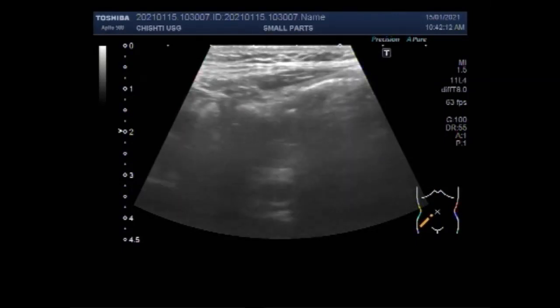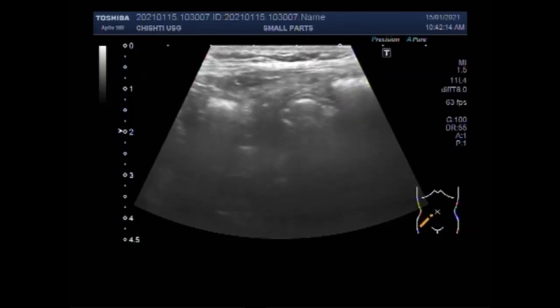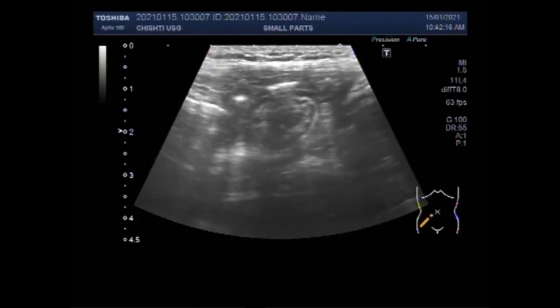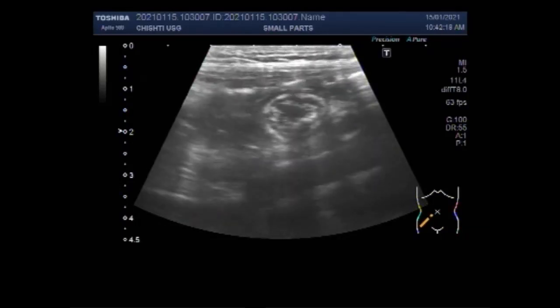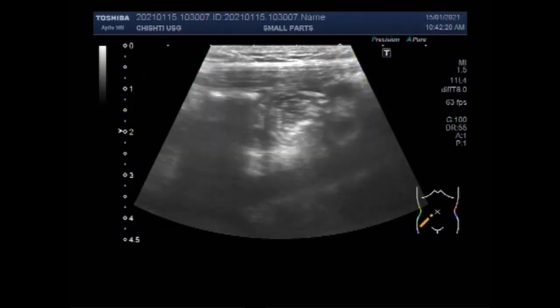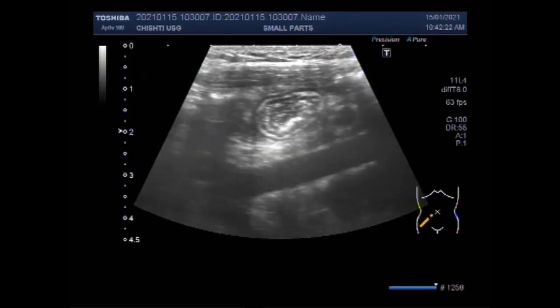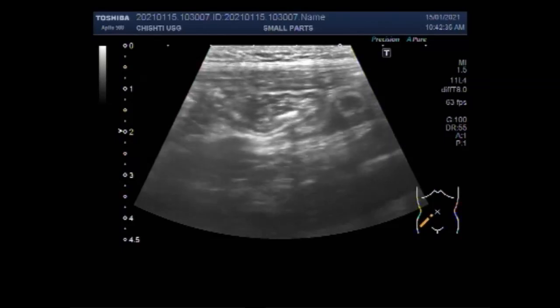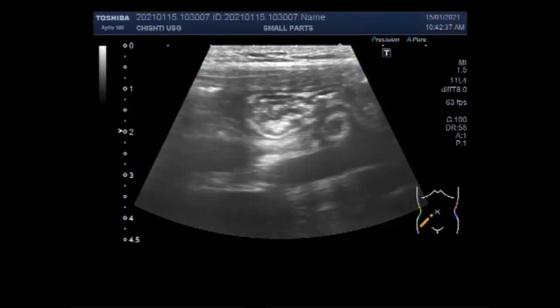When appendicitis is suspected, preferably you will scan the patient lying supine and you will select a high power probe, as in this case the probe is a 7 to 11 megahertz linear probe, high power probe. You may put a pillow under the knee to have the abdomen of the patient relaxed.